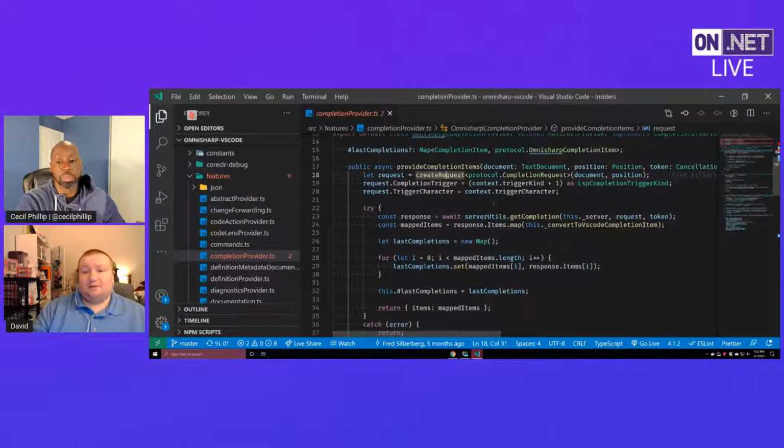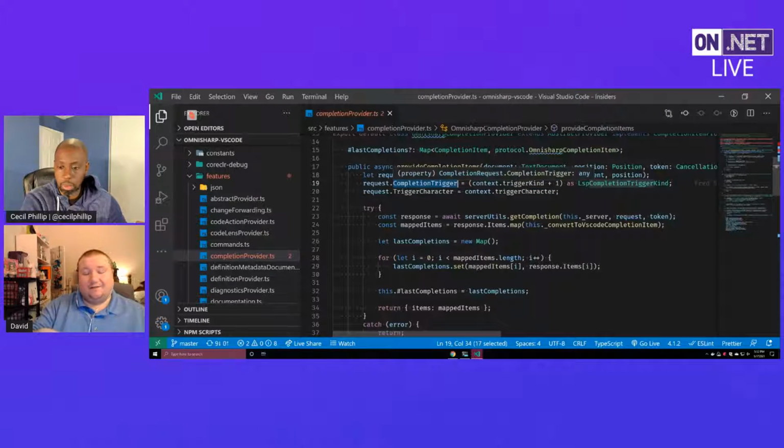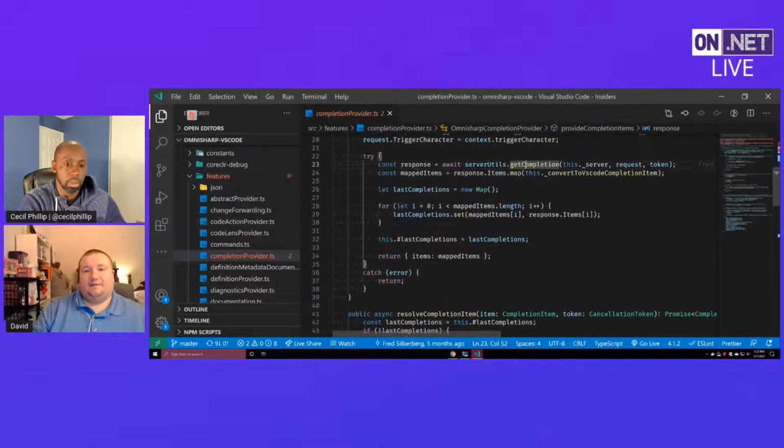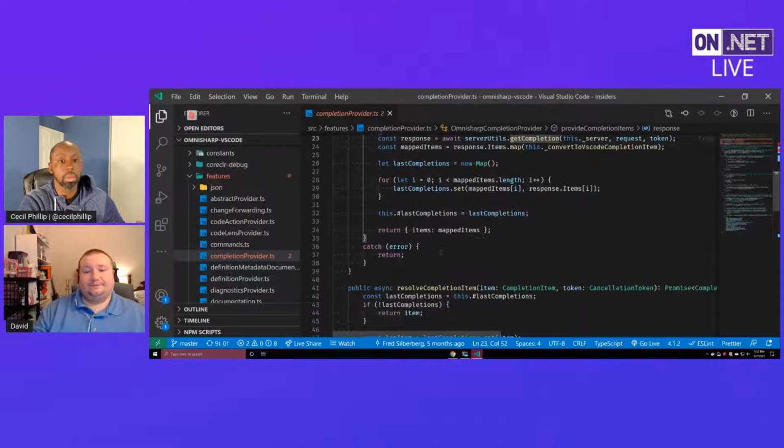This is just a helper function, and things like what is the trigger character? Did you hit dot? Did you hit a brace for calling a method? Those can all influence the completions you bring back, and then we convert it back to the VS Code object that they want to show the completions. Got it. Okay, that makes sense.